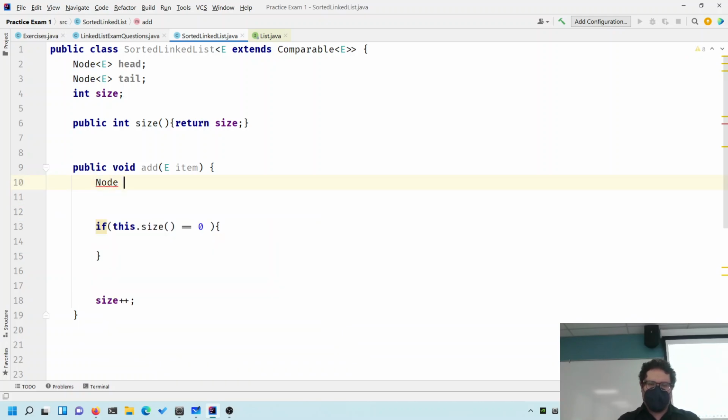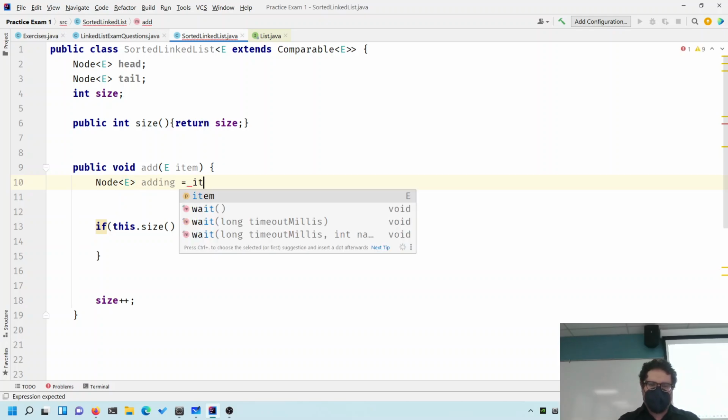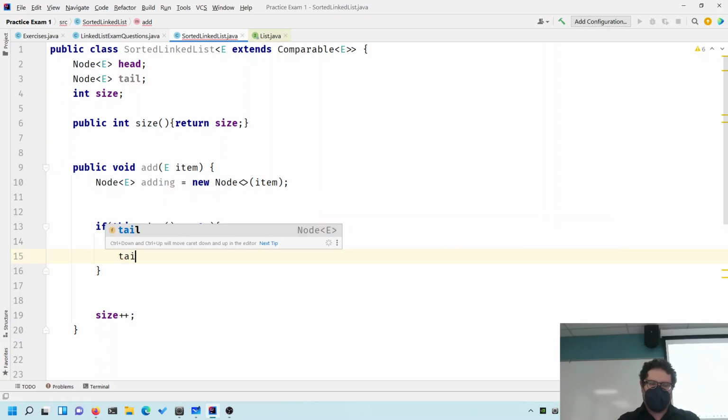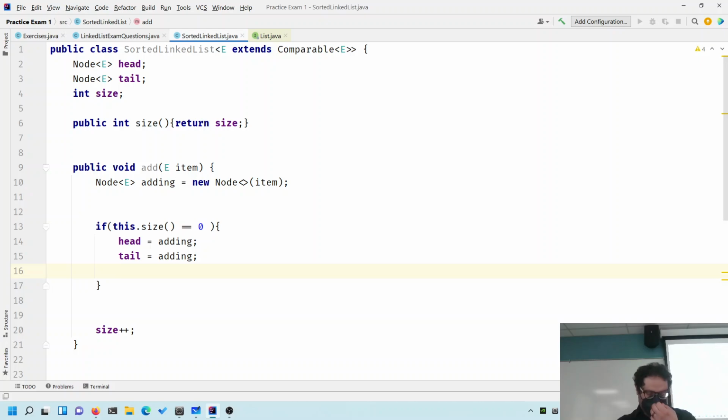Node E adding is equal to new node E item. Okay, and now we would just simply say that head is equal to adding, tail is equal to adding,